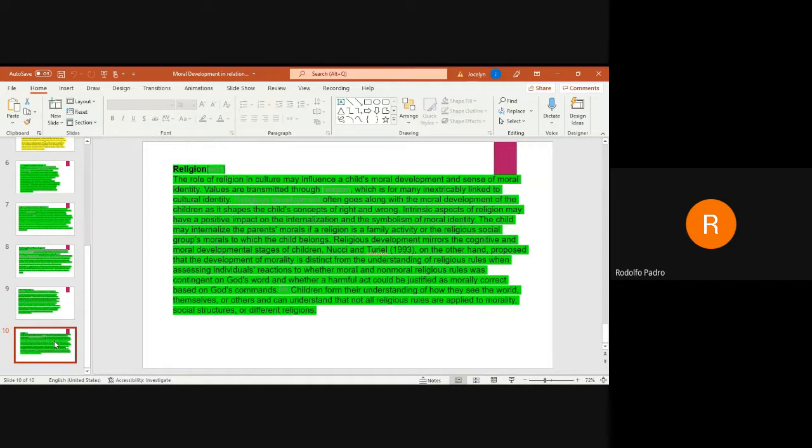Religious development often goes along with the moral development of children, as it shapes the child's concepts of right and wrong. So intrinsic aspects of religion may have a positive impact on the internalization and the symbolism of moral identity. So it is a big help, especially